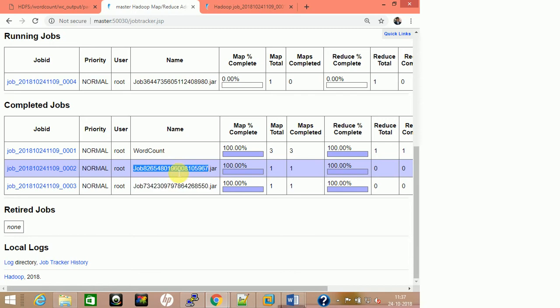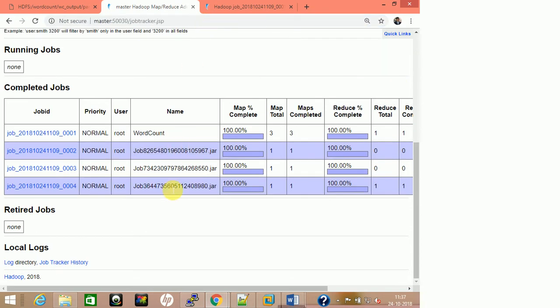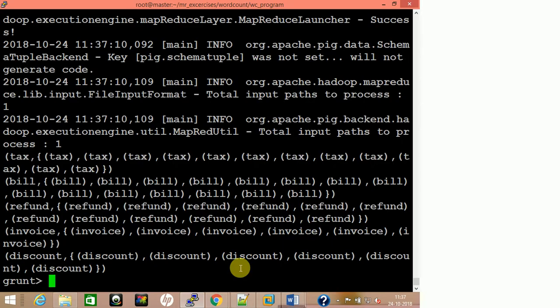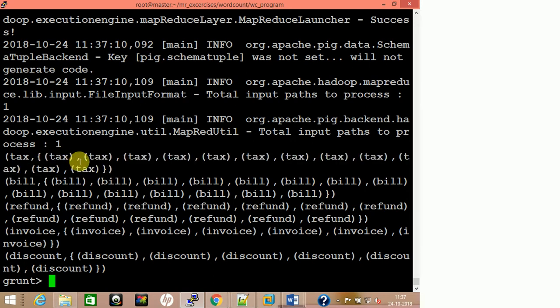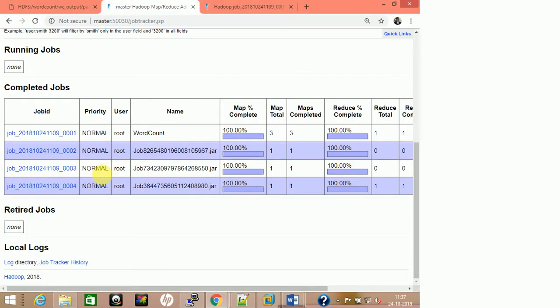Okay, wherever MapReduce was required, it has been running that. Now this one is going on, that is also done. Fine. So yes, we are getting bags here. So here if you see bag, tags is one, and this is a bag, where multiple tuples are being included. Fine. Now